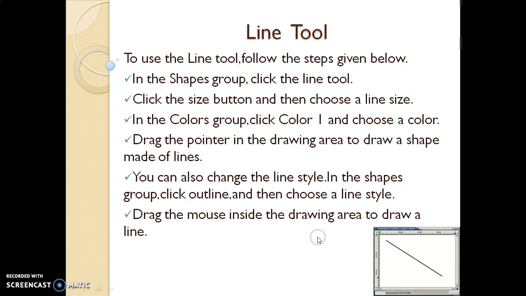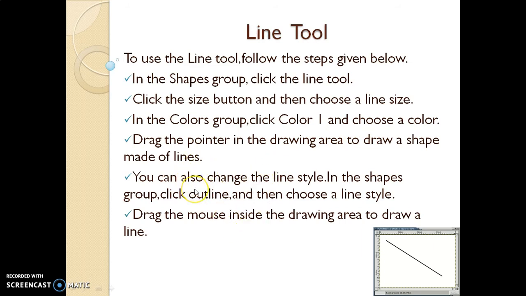Third tool is the line tool. To use the line tool, follow these steps. In the Shapes group, you will find the line tool, so click it. Click the Size button and then choose a line size. In the Colors group, click Color 1 and choose a color. Then drag the pointer in the drawing area to draw a shape made up of lines.